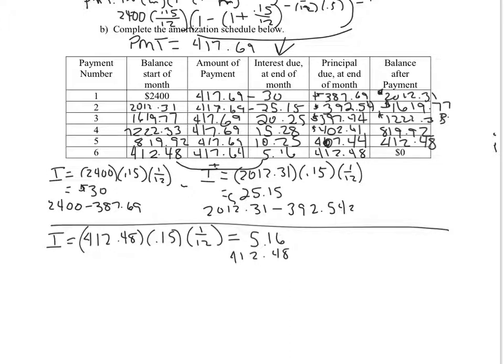So you want to add 30 plus $25.15 plus $20.25 plus $15.28 plus $10.25 plus $5.16,